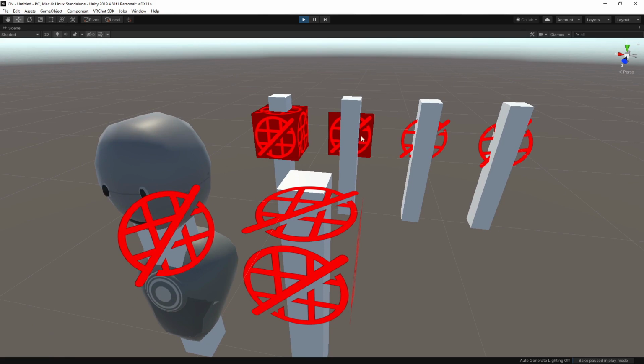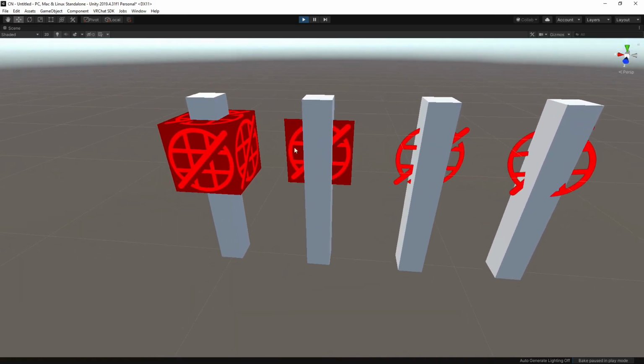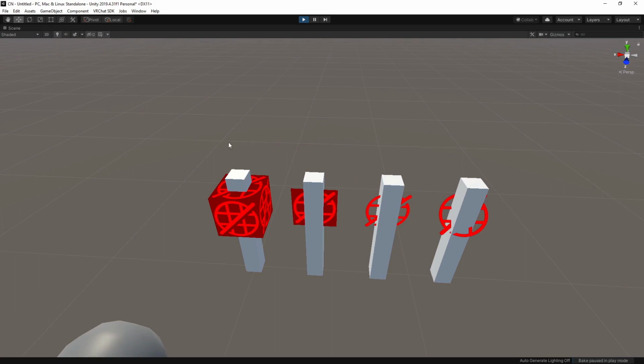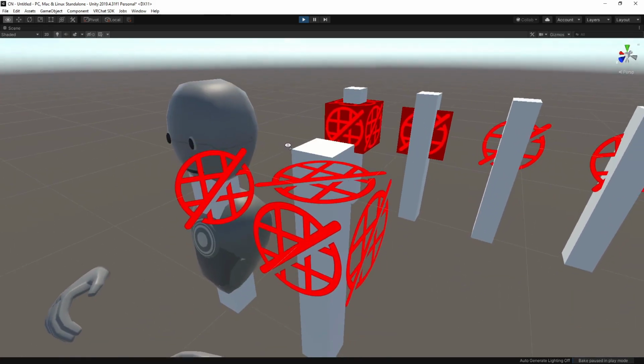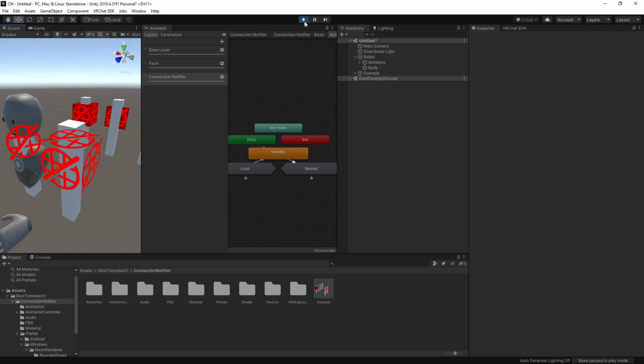So anyway, these white pillars represent players, so you can see that the Android is getting clipped, whereas the Windows is showing on top. That's because it's using a custom shader I wrote. For these ones, you're just going to want to move them above the model pretty much. But for these ones, since we're going to build for Windows right here,